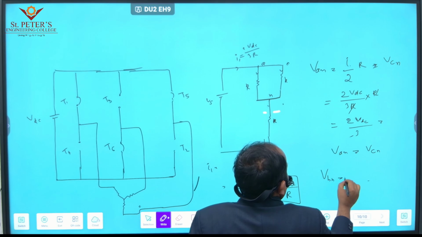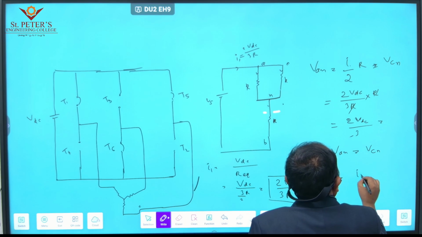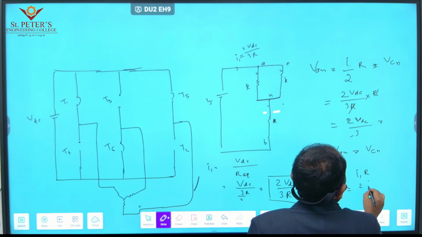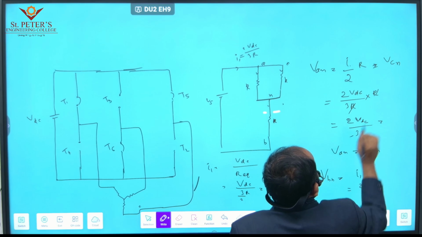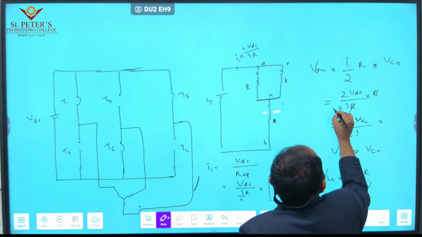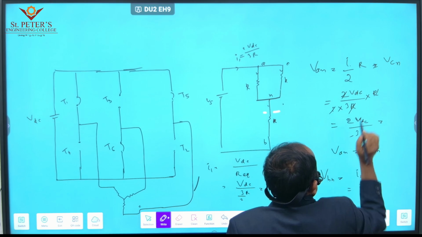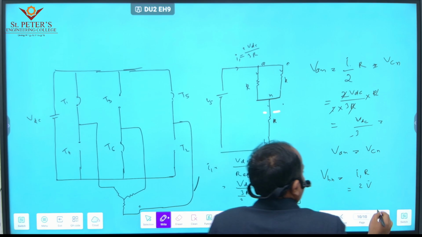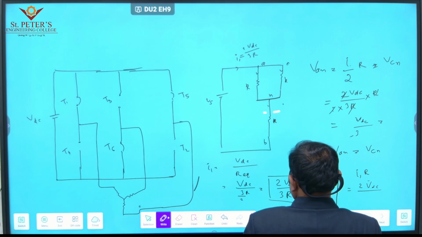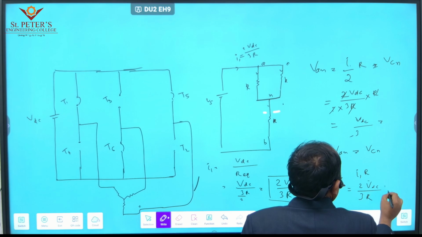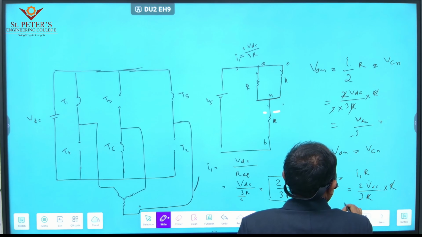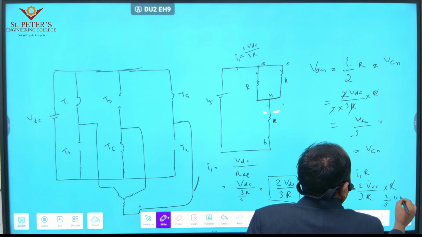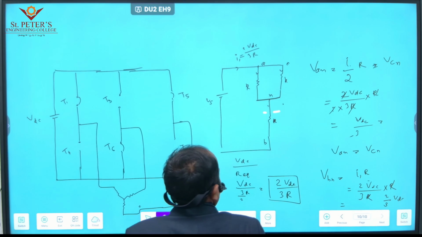VBN equals I into R, that is I1 into R, that is 2 VDC by 3R into R. So then R is cancelled out. Now finally we get 2 by 3 VDC. So finally we can conclude that